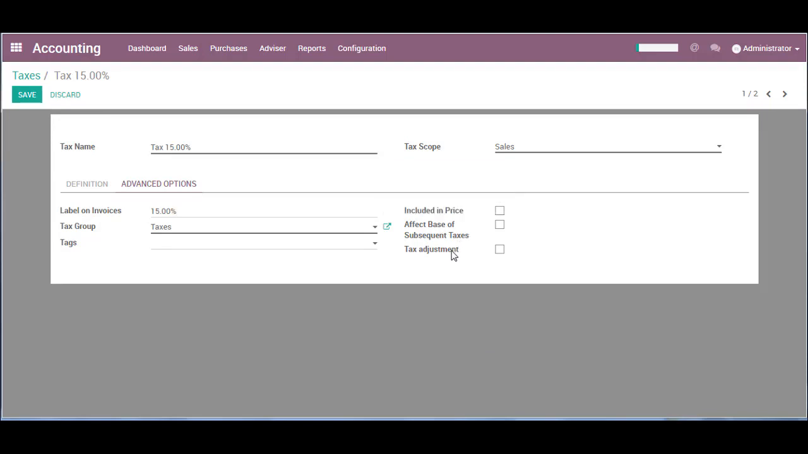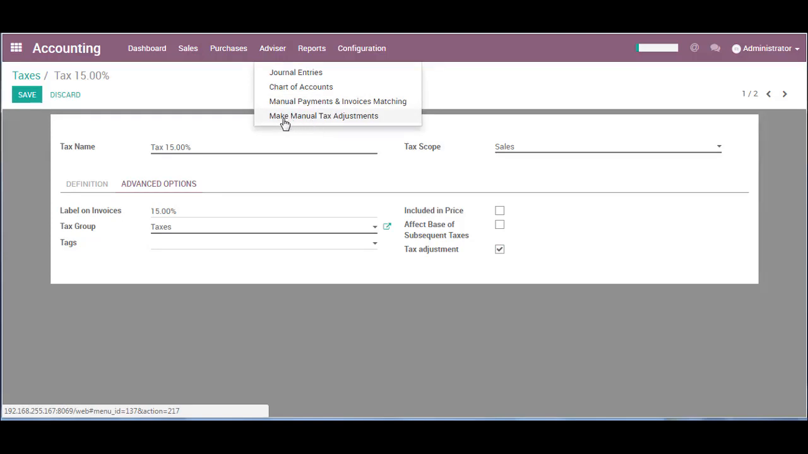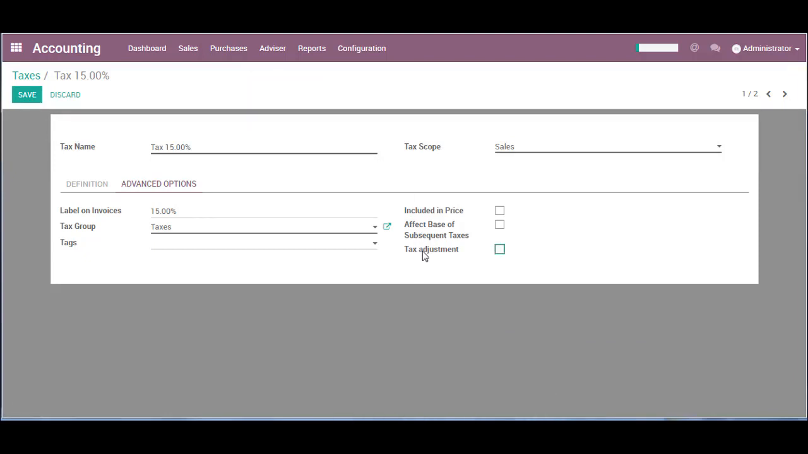And then you have also a tax adjustment capability. If you check this box, it will allow you to use that tax for some manual tax adjustments. If you set this field to true, you will then be able to use this tax when you click here on Make Manual Tax Adjustments. It's just a way for us to give a solution for people that created invoices with taxes but then made a mistake and want to make some adjustments after the invoices have been validated. For now, let's uncheck this box,